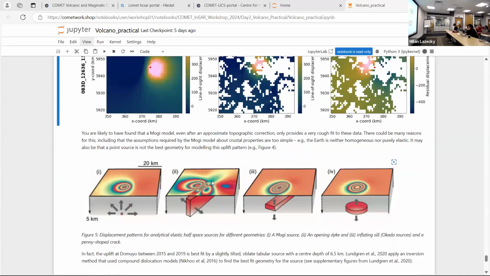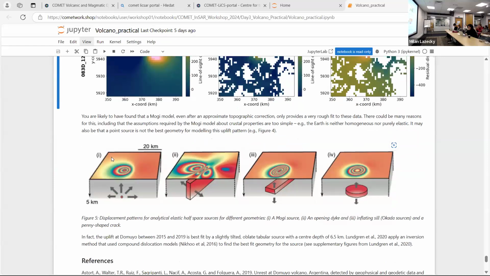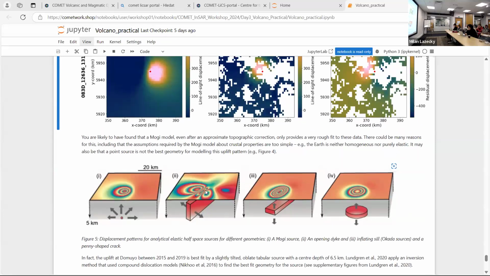I'll leave it there. I think it's worth mentioning that we've chosen the Mogi model. That's a spherical cavity. But in reality, there's lots of other options for what we can use as source models. And also we can use finite element models, numerical models that don't rely on simplified solutions. But it's worth remembering that for us to invert the problem, a lot of the time we do depend on these analytical models and how they all have different contributions once you've moved them into line of sight.